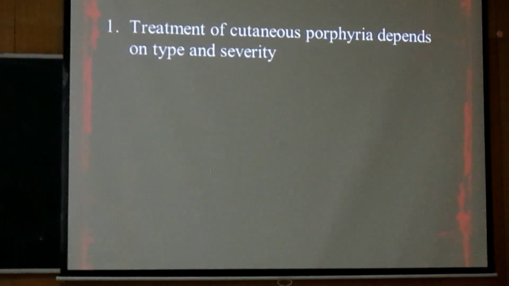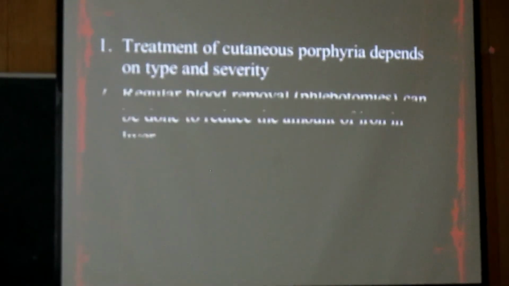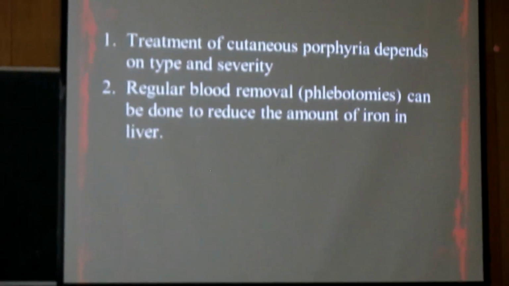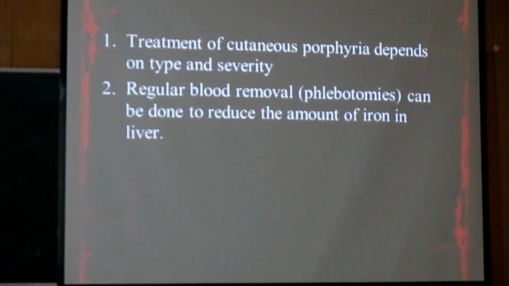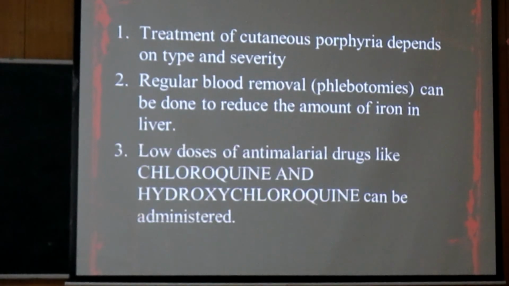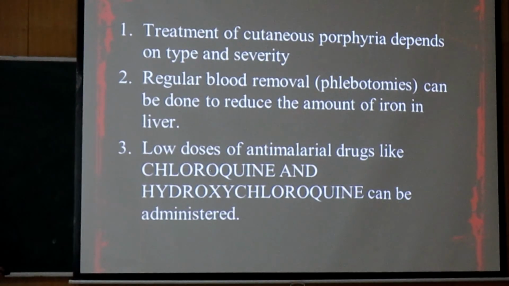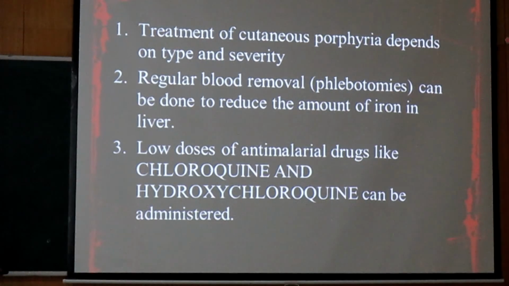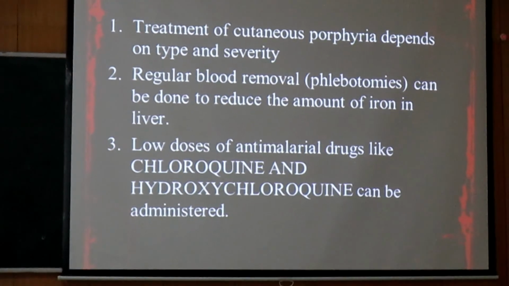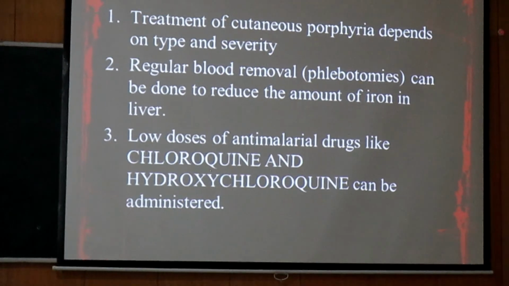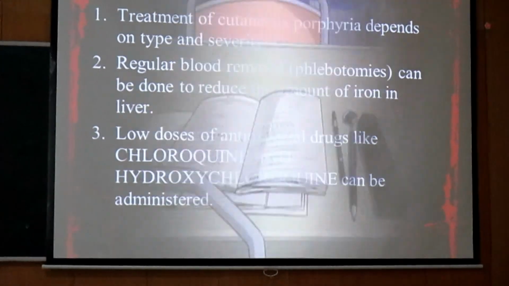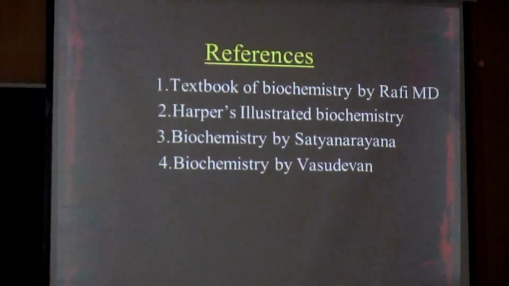The treatment of the other porphyrias depends on the type and severity. Regular blood removal, that is phlebotomy, can reduce the amount of iron. And a low dose of antimalarial drugs like chloroquine can be administered because they are photoprotective and they combine with porphyrin so that it can be excreted. So these are the